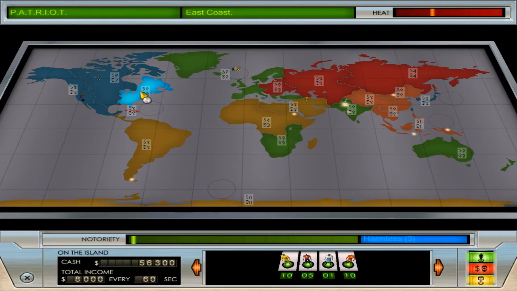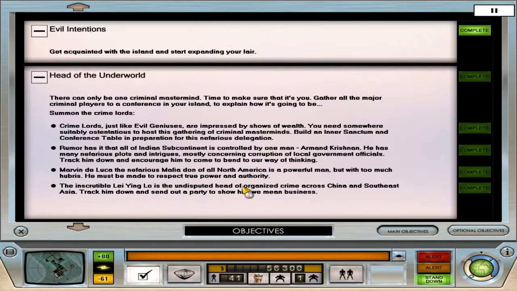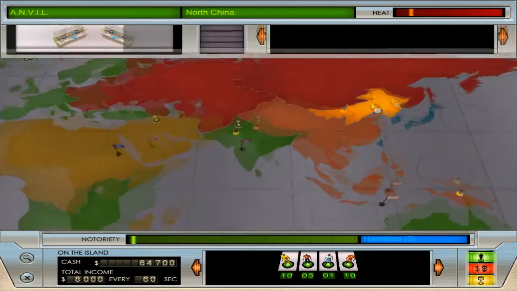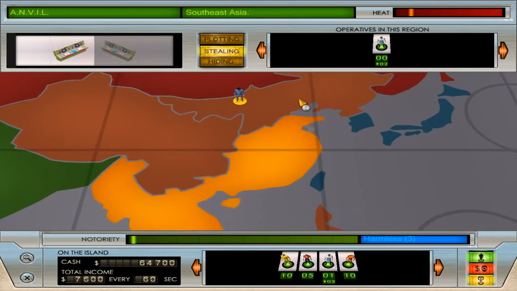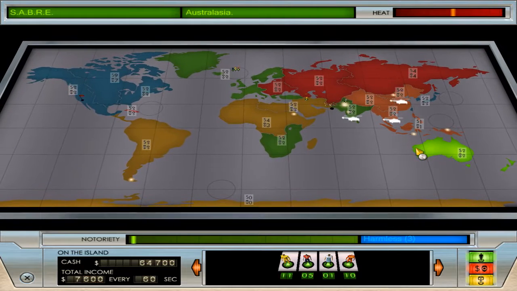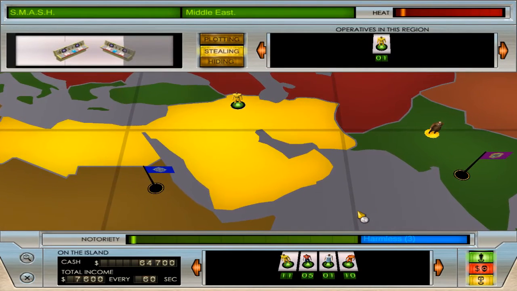But the heat here is quite high at the moment, so I'm going to let that one slide until the heat cools down, and instead find the inscrutable Lei Ying Lo, who is somewhere in China and Southeast Asia, which is fine. We can do that. The technicians are basically there already. Southeast Asia and North China. One of those two. Let's take 2 of you there, 2 of you there. Plotting and plotting. Because technicians, as everyone knows, are really bad at stealing things. Because if you're a nerd, you can't steal things. The logic works, okay? Just